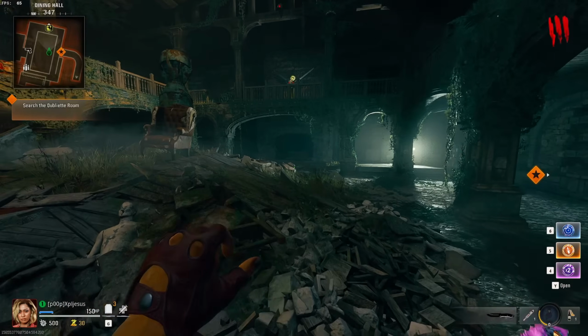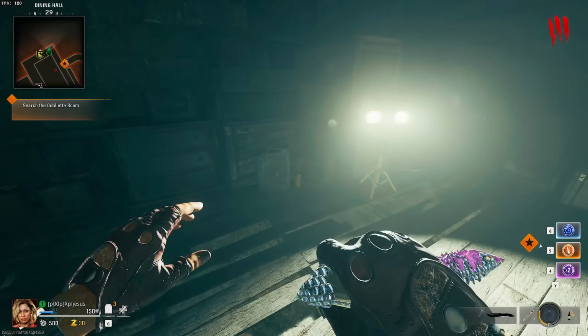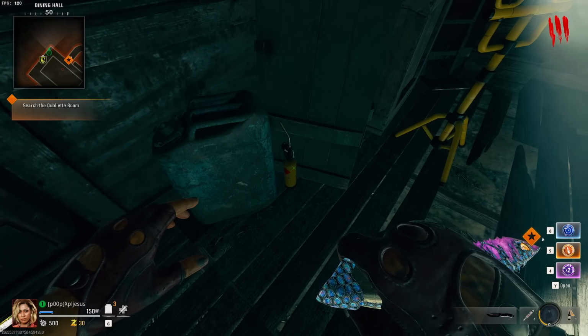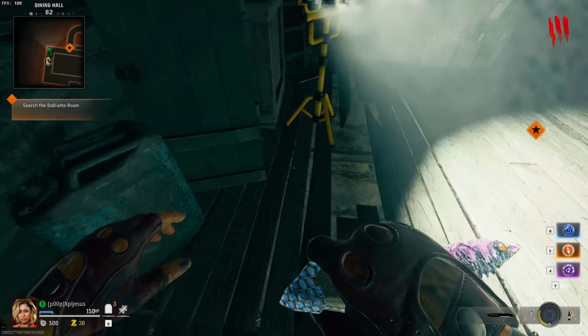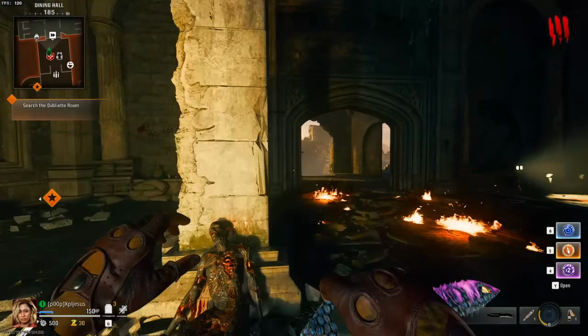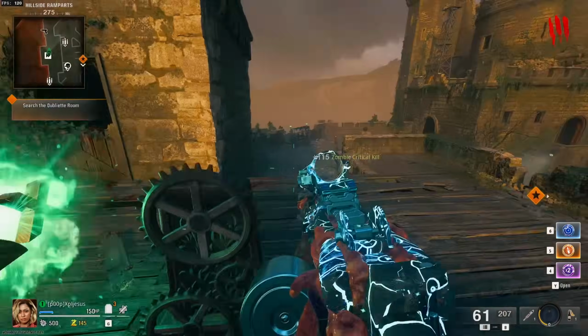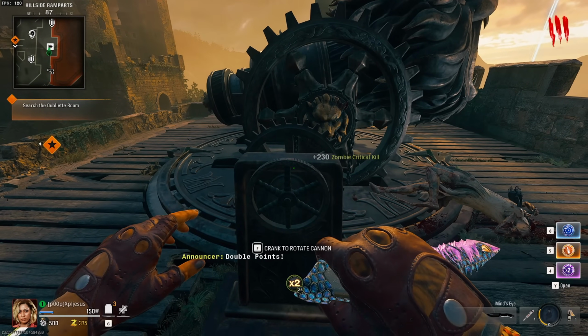There is another item you need to collect, and you can collect either of these items in any particular order. This item is the blowtorch and can be found in the dining hall room next to this oil right here. After you have collected these items, if you head all the way back to the castle walls, go through the courtyards up to the village ramparts and go back to the cannon,